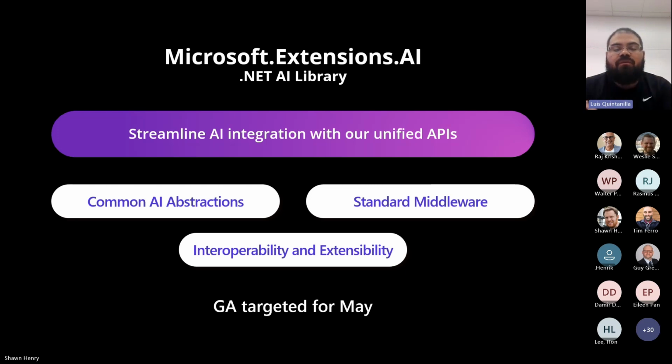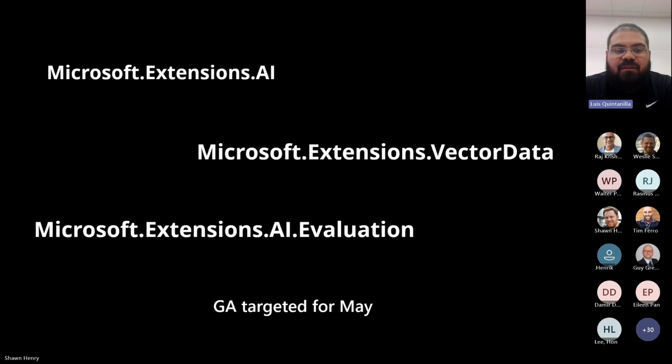And so that's where the point of confusion comes in. But at the end of the day, what we're hoping for, and I think there's a slide at the end, is unifying those abstractions and having Semantic Kernel and Extensions AI work seamlessly together. There's still some work to do, both at the technical level, making sure Extensions AI integrates seamlessly with Semantic Kernel, but also from the perspective of